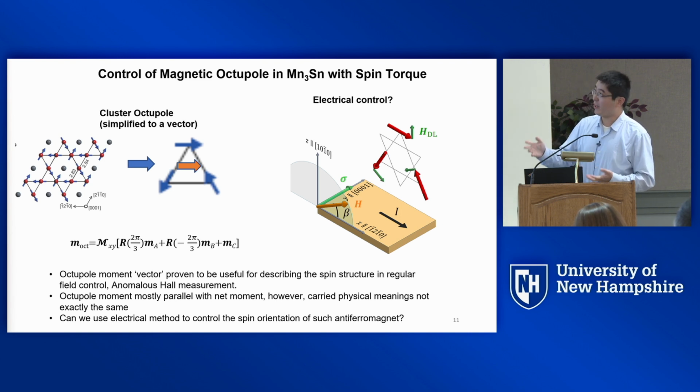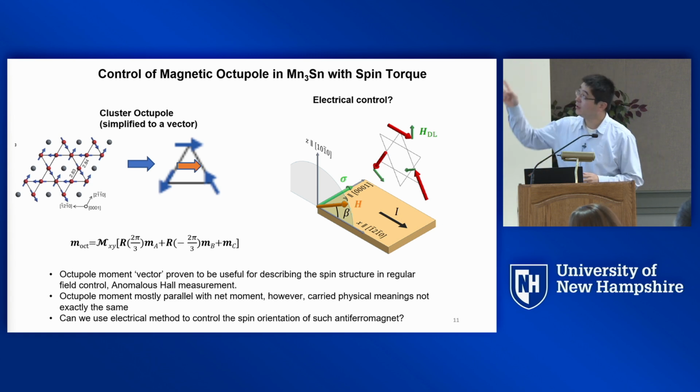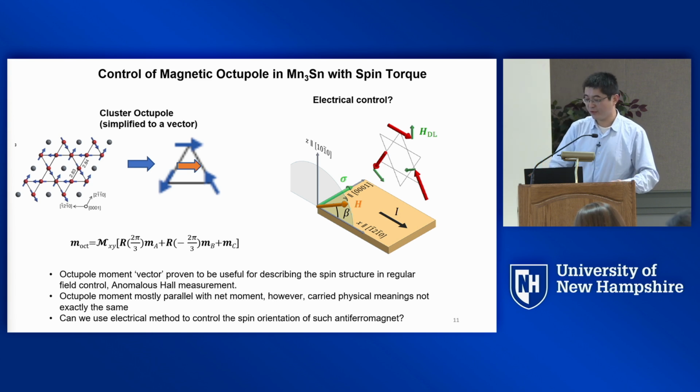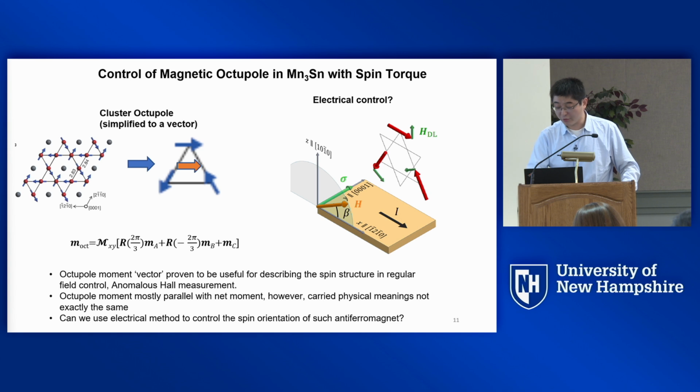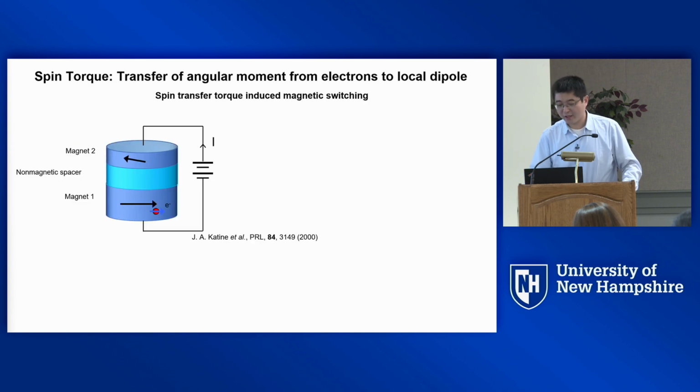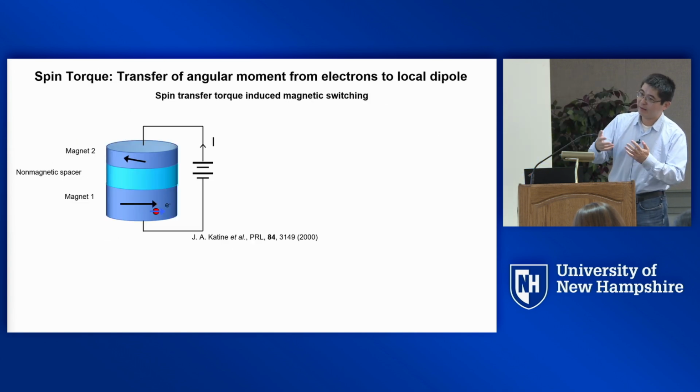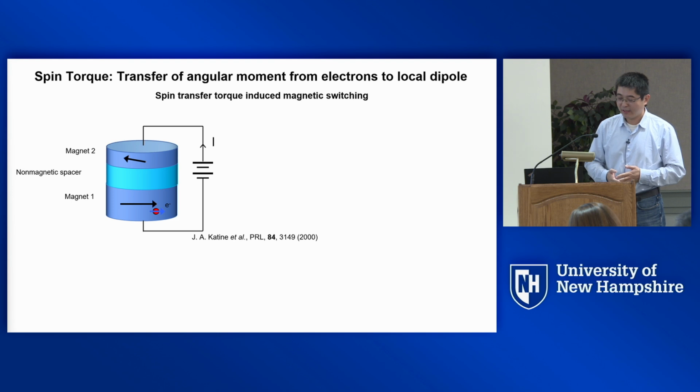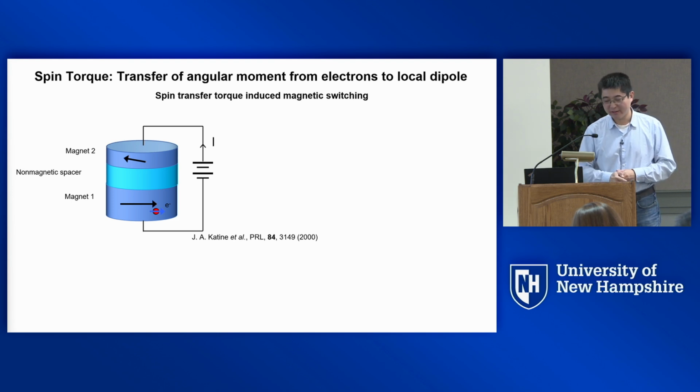So what we are trying to address is to utilize an electrical method, particularly spin torque, to induce such a rotation of the octopole moment, or in other words, the coherent rotation of the three sublattices. So here, I would like to give one slide of background introduction about the electrical manipulation of magnetic moment through the